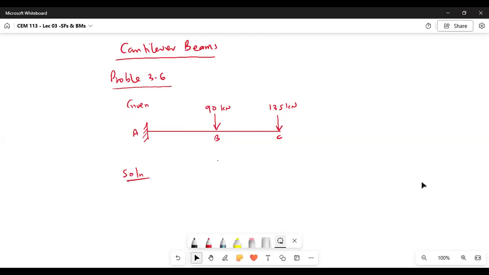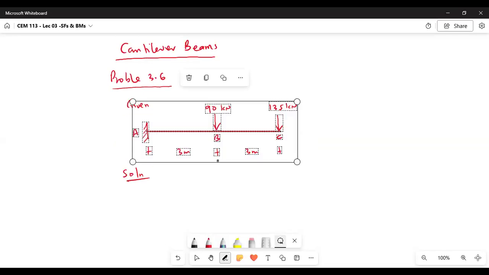Okay, here is fine. Let's proceed. The distance that was given to us from here to here is 3 meters, 3 meters. And as we have received the given, in the solution,